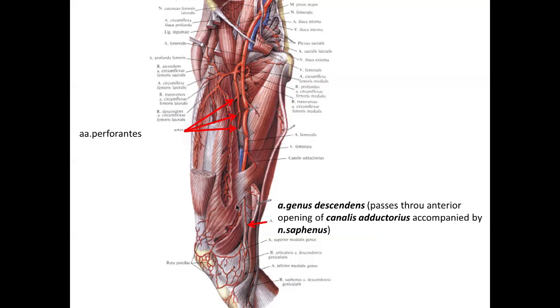Second name, canalis vasto-adductorius, because this is musculus vastus medialis, this is musculus adductor magnus, and the canal is formed between these muscles. So second name, canalis vasto-adductorius. Third name is the author's name, Hunter's canal, and fourth name is canalis